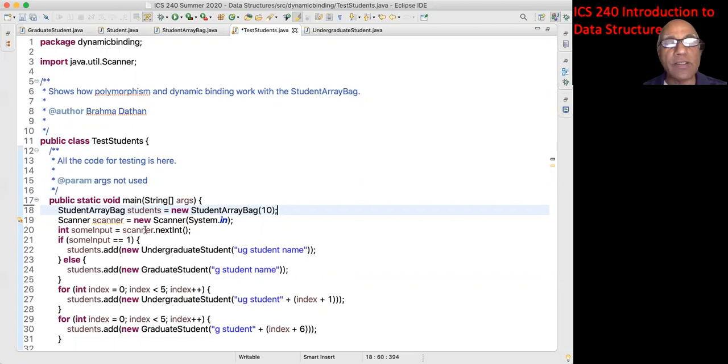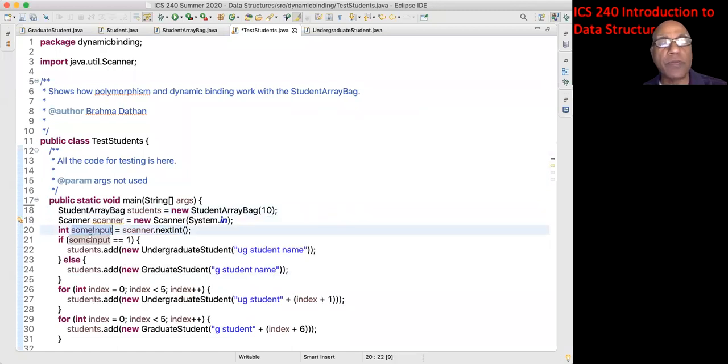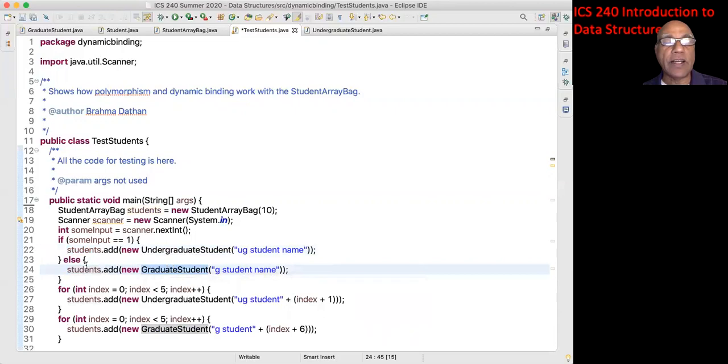For example, look at this line here. We create a scanner object so that you can read from the keyboard. And scanner.nextInt reads an integer from the keyboard. We store that in some input. And if some input is equal to 1, we create an undergraduate student object and add it to the students bag. Otherwise, we create a graduate student and add it to the